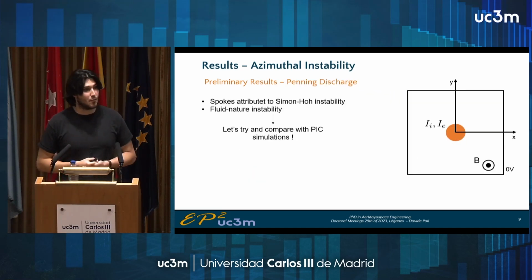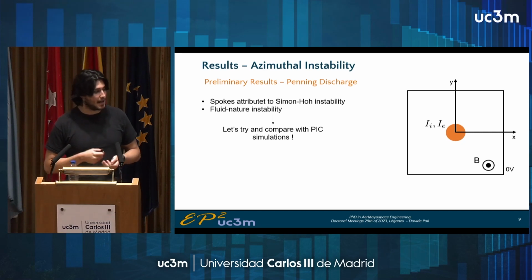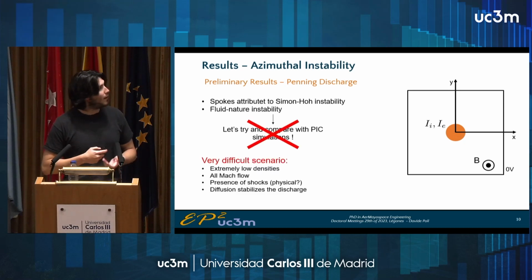Another thing that I've been working on in this period is a Penning discharge simulation. This is because rotating spokes are not a unique feature of Hall thrusters, but are common in E cross B devices in general, such as planar magnetrons and Penning discharges. Moreover, Enrique was working on the Penning discharge with his PIC code, and we thought, since this is a fluid instability, it would be nice to compare the particle-in-cell code and the fluid code to see whether we see the same things. Well, unfortunately, this is a very difficult scenario for a series of factors, among which the